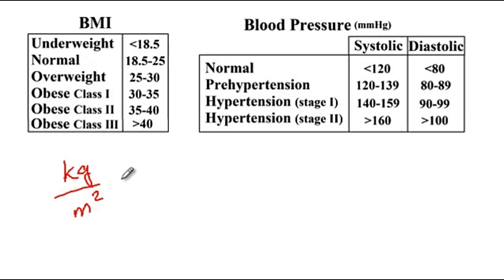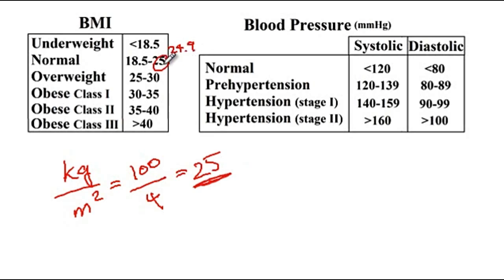So let's say that the patient has a 100 kilogram weight and a height of 2 meters, so meters squared of 2 meters would be 4. Therefore, the body mass index would be 25 in this patient. Now, the normal range for a body mass index is 18.5 to